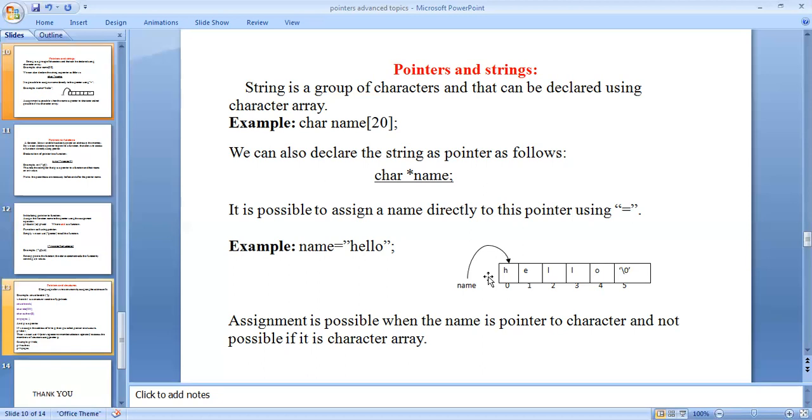It is possible to assign a name directly to the pointer using the assignment operator within double quotations.